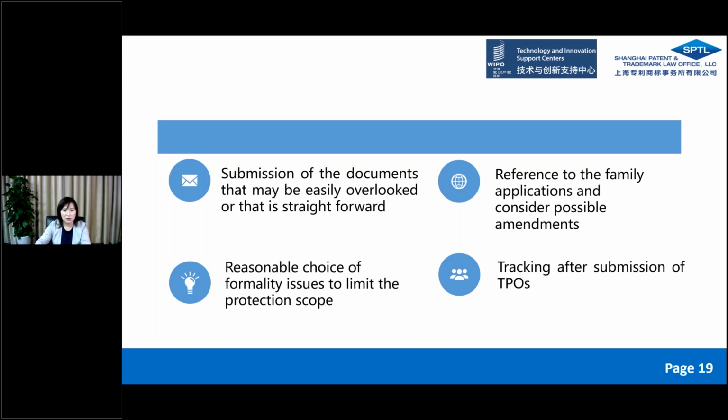After the submission of an observation, the follow-up office action made by the CNIPA could be checked. The office action from the CNIPA can be found on the website. If the office action does not include content from the third-party observation, or the applicant has already amended the claims to evade those defects you submitted in the previous observation, we may contact the examiner by phone or supplement another observation.